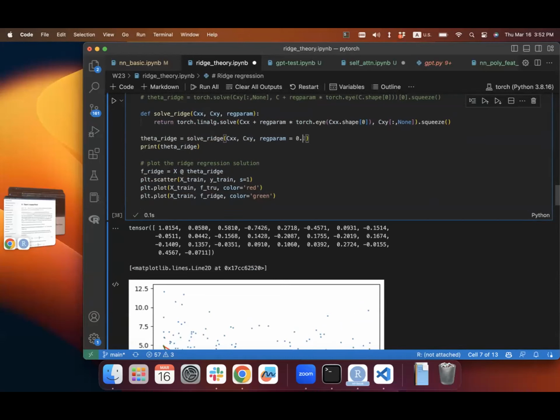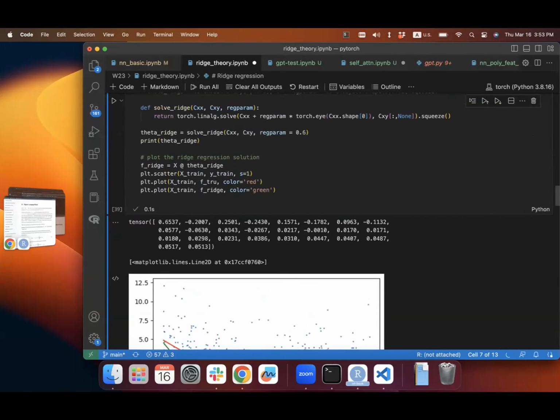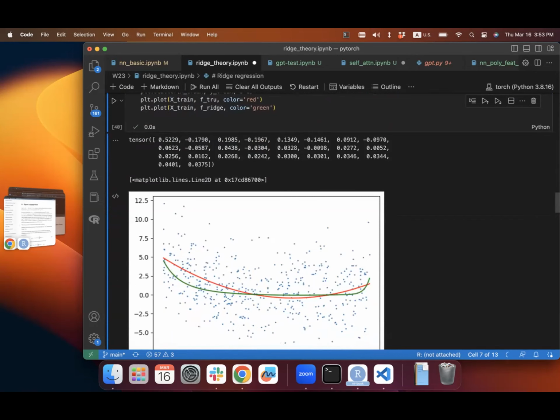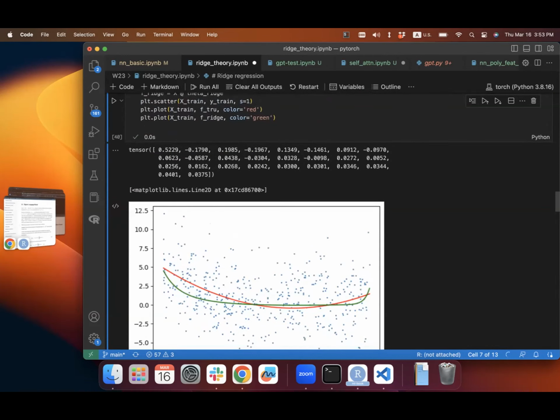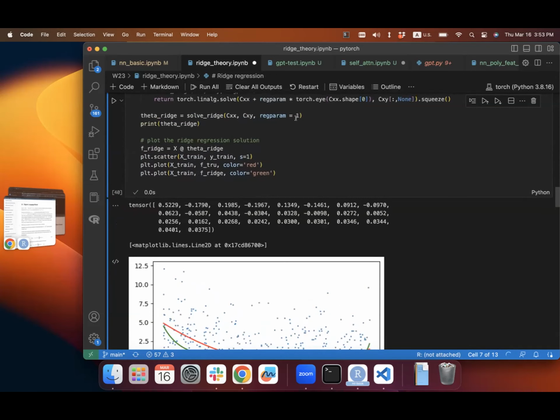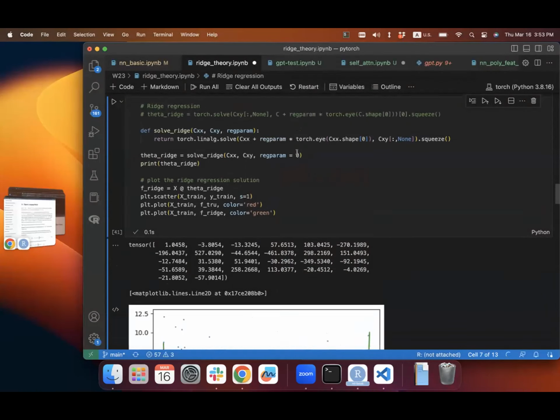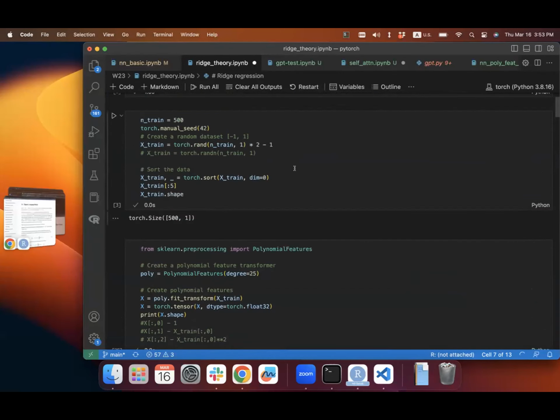In any case, you can play with this. Too much regularization, you start to pay a bias issue. Too little, this is overfitting. The idea of overfitting. Why does